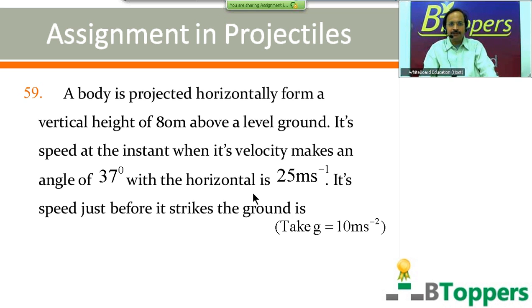See the question number 59. Body is projected horizontally from vertical height of 80 meters above a level ground. Its speed at the instant when its velocity makes an angle of 37 degrees with the horizontal is 25 meters per second. Its speed just before it strikes the ground is